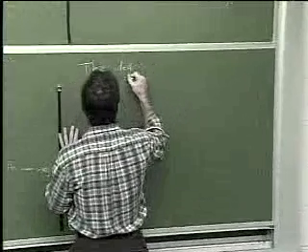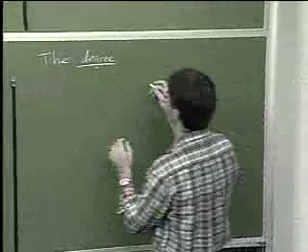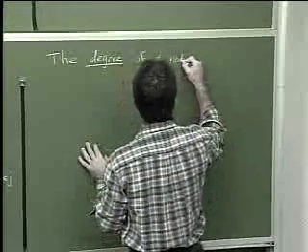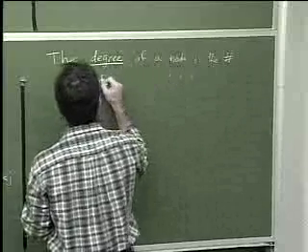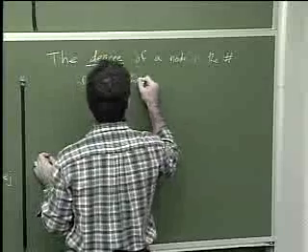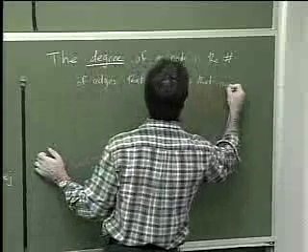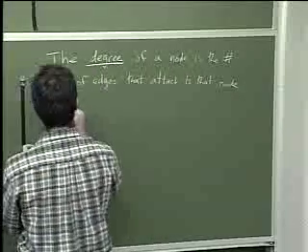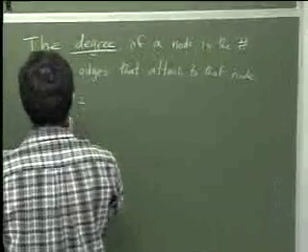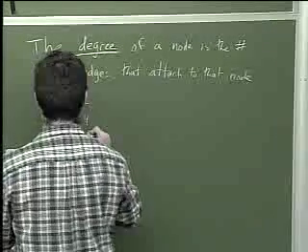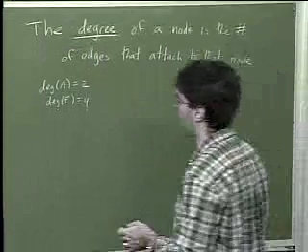The degree, I'm just throwing out terminology here, one after the other. The degree of a node is the number of edges that are attached to that node. So the degree of A in the example above is 2, the degree of F is 4, etc. And in a directed graph,